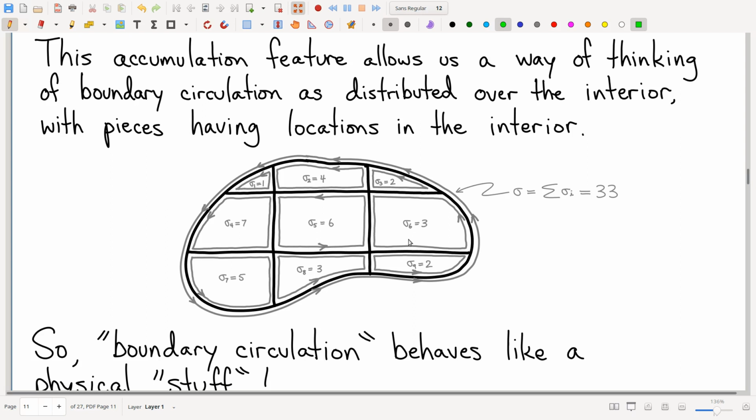But the big idea I want to try to persuade you of is that if you wanted to, not that you have to, but if you wanted to, and I claim that we do want to, again, that's going to come down the road, you could think of boundary circulation, even though it's actually computed on the boundary. It says so right in the name, right? Even though it's computed on the boundary, you can think of this as a kind of stuff that's distributed over the interior,